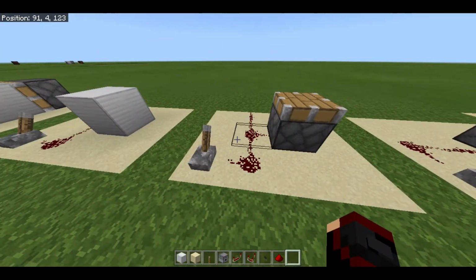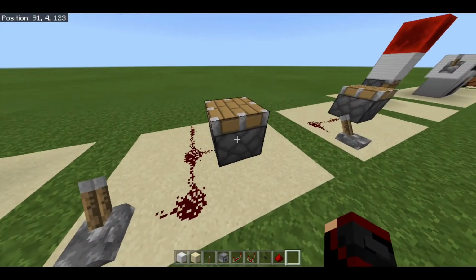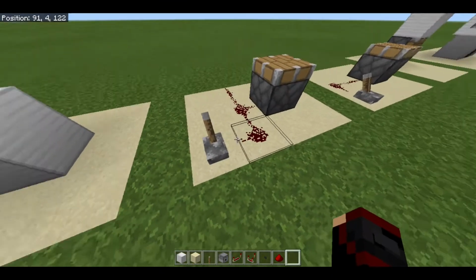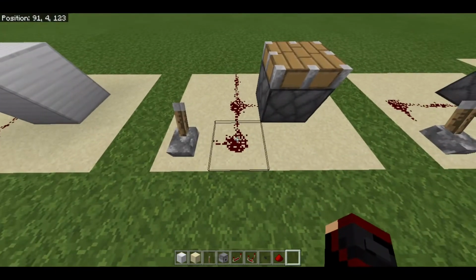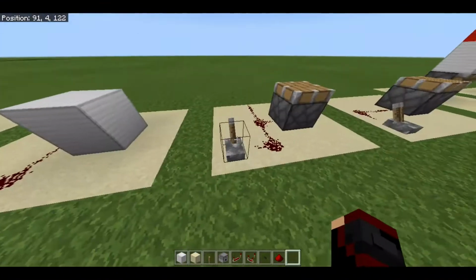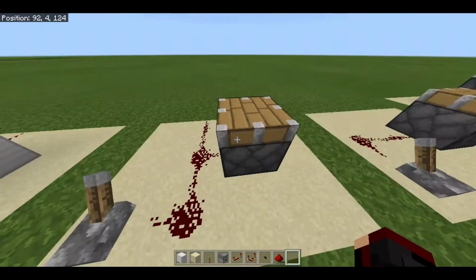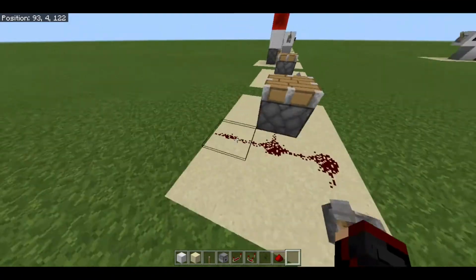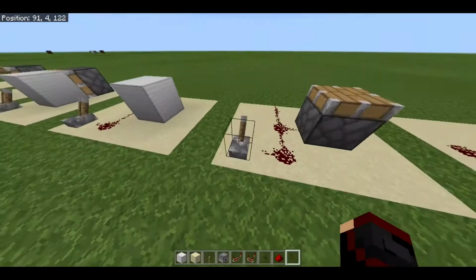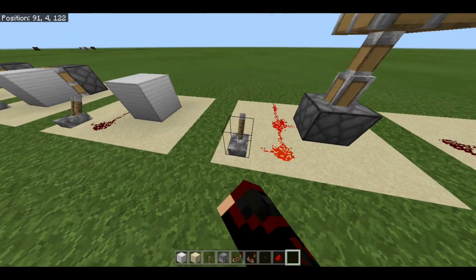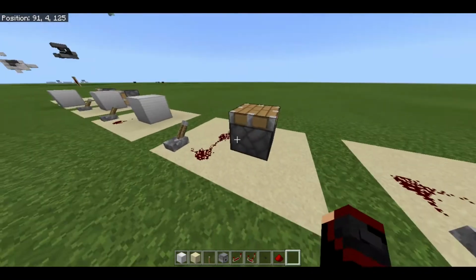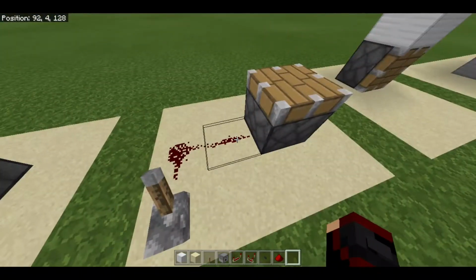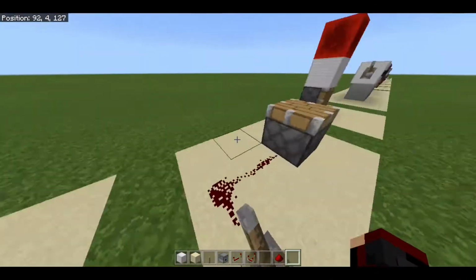One difference between Java and Bedrock Edition is that pistons in Bedrock Edition are considered redstone objects. So this is going to lead into our lever here, but instead of just going straight past like it does with the iron block, it's actually going to lead into the side of the piston. As far as I know, even in the latest edition of Java Minecraft, this is not a thing. It's just going to go straight past and it won't actually lead into the piston. So as you can see right here, the piston powers just fine. To make the equivalent of this contraption in Java Edition, basically what you would need to do is loop it around so that the lead is actually facing into the piston,